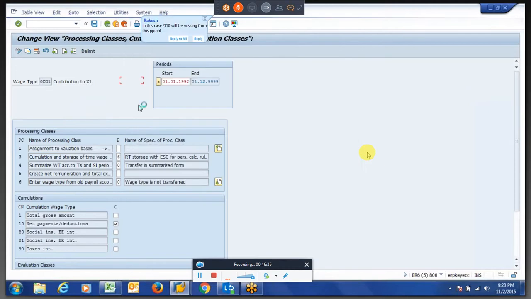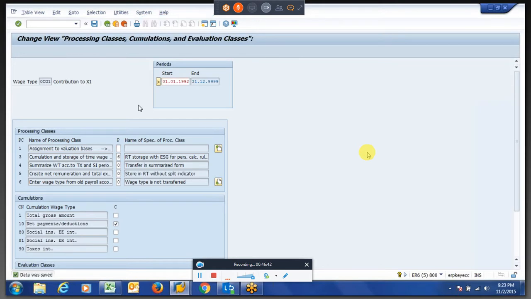So I'm giving 0. If you see now, I changed for only one waste type.